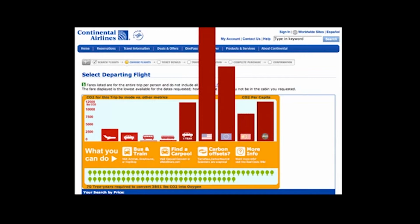And what does he include? So just before you click, yes, I'm going to book that flight, up comes information about the carbon dioxide that would be emitted if you took this trip. And then accompanying data, well, how much would be emitted if you didn't take a plane, but you took a car or a train or a bus or a bicycle? And then he gives you data like how many trees would you have to plant in order to convert your share of that CO2 from your flight into a carbon